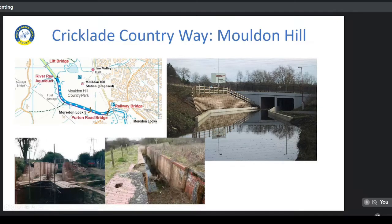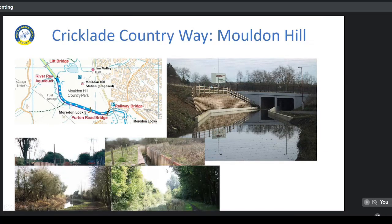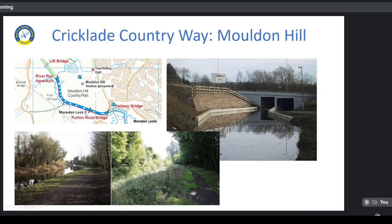So this is Mouldon Lock 3 being restored. This is what it looked like in 2015. This is what the canal looked like in the 90s when it was first restored. And this is what it looks like at the moment. Now the problem is,